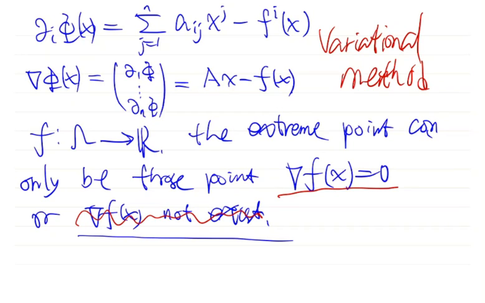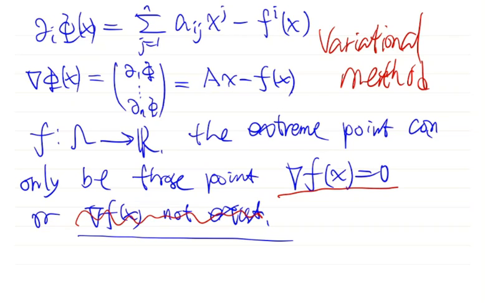So we need to determine whether the critical point is a local maximizer or local minimizer, or it is not an extreme point. There are some examples where a critical point is neither